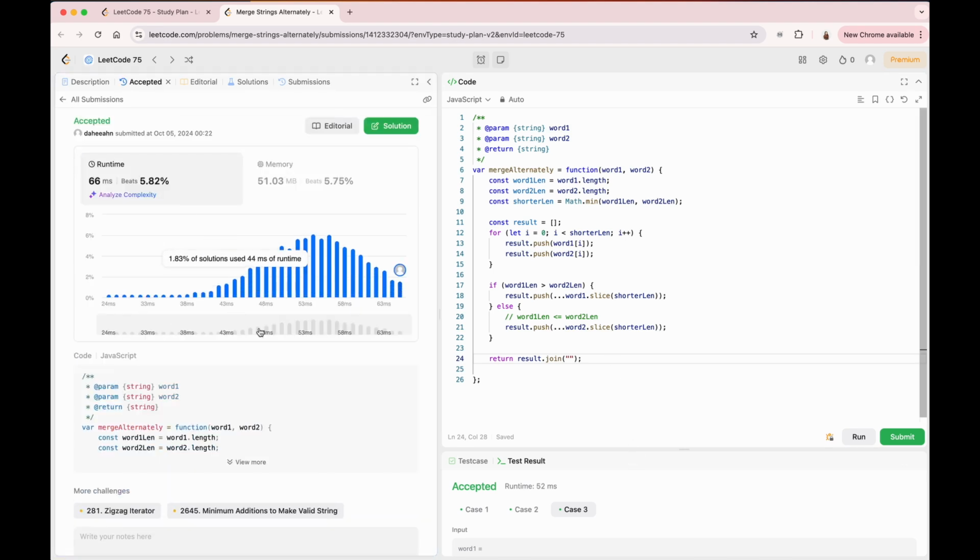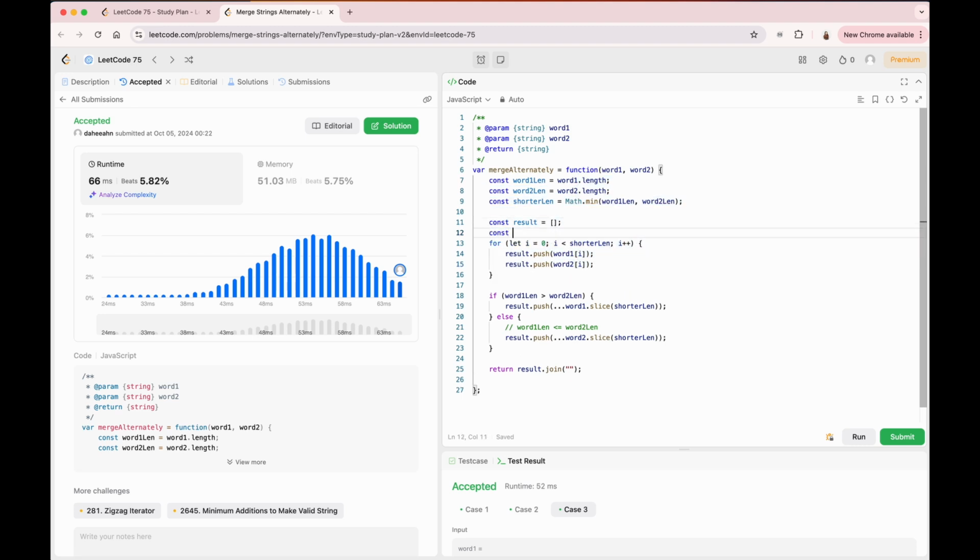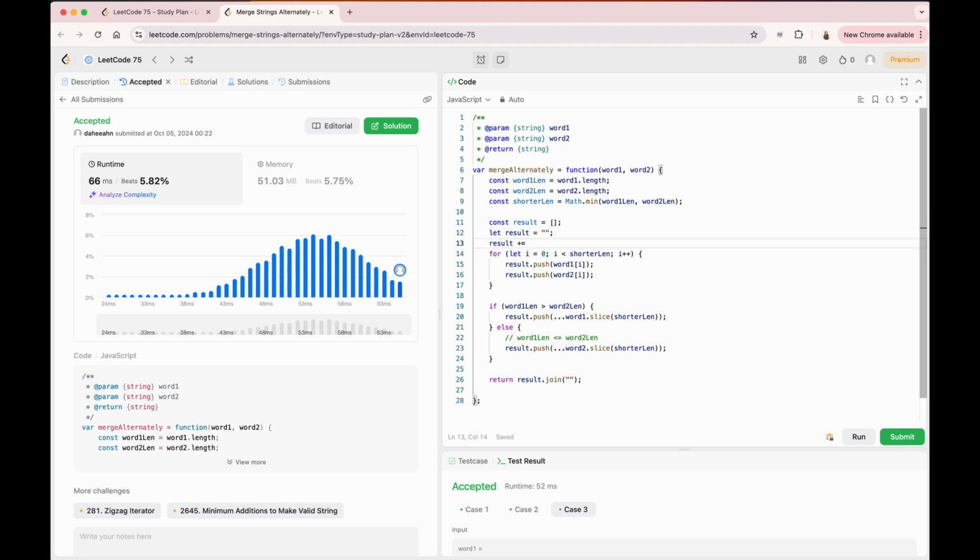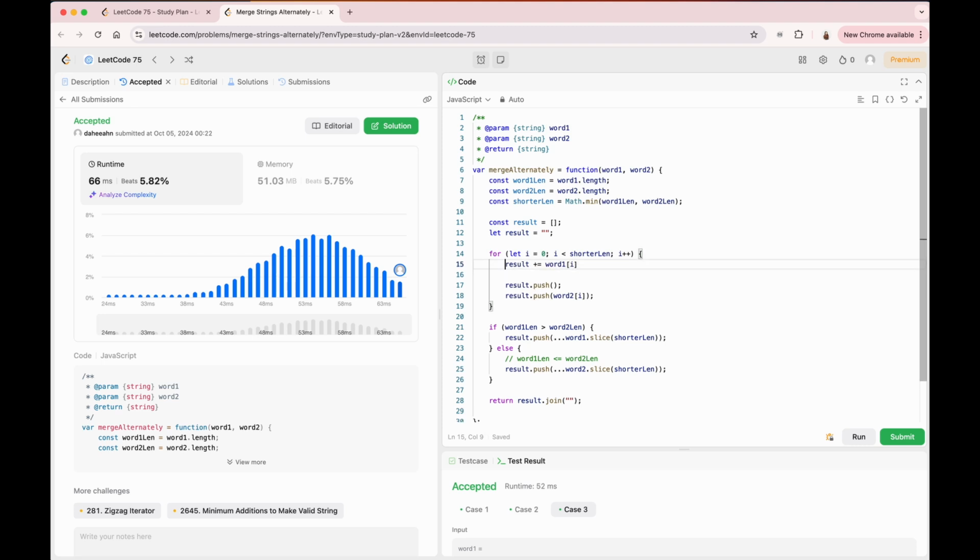Yep, that's it. The time complexity is just O of n, and the space complexity is also O of n. If I defined the result variable as an empty string, and then used plus equal like this in this iteration, it also makes sense,